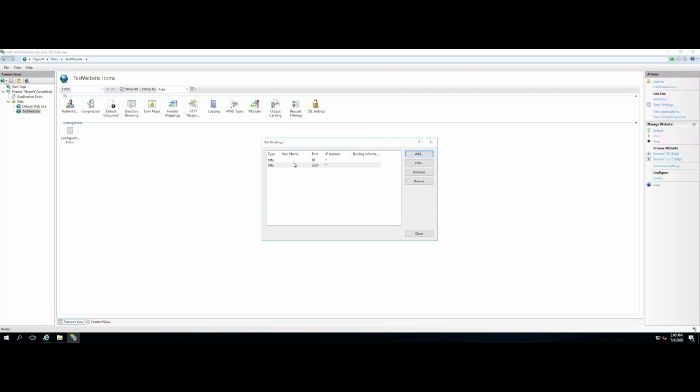And then we need to understand that for all the websites, that server cannot have like 100 IP addresses. A server will most likely have one IP address. So the bindings are what uniquely differentiate these websites. So what are the parameters of binding? The number one binding parameter is the host name. Host name is the name of the website. So if you have multiple websites on a web server, one of them would be www.google.com and another one could be www.yahoo.com,